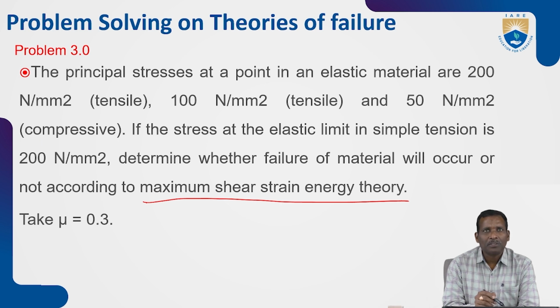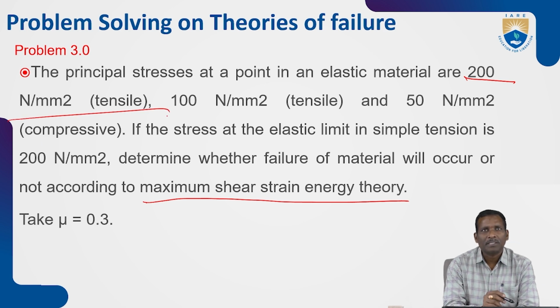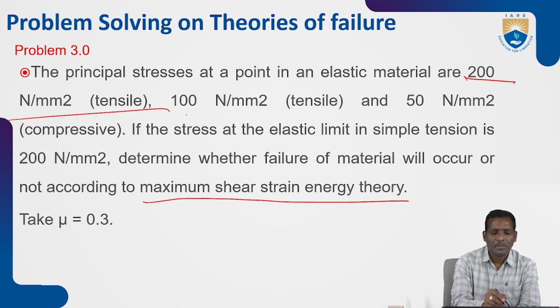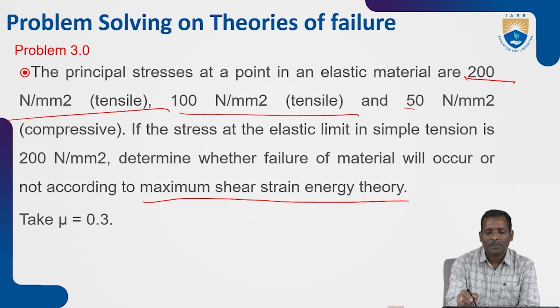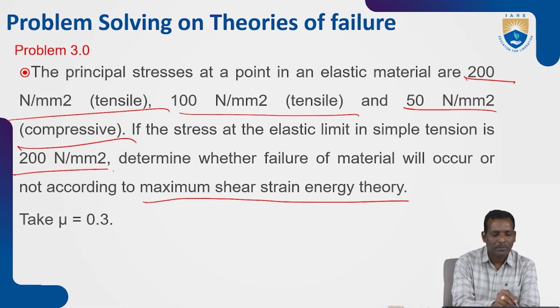So this problem is based on shear strain energy. The principal stresses at a point in an elastic material are 200 Newton per mm square tensile, 100 Newton per mm square tensile, and 15 Newton per mm square compressive. The nature of the stress here: two stresses are tensile and one is compressive. If the stress at the elastic limit in simple tension is 200 Newton per mm square,